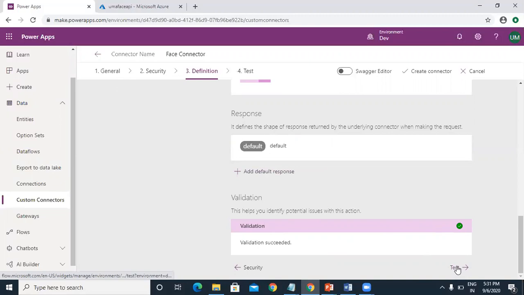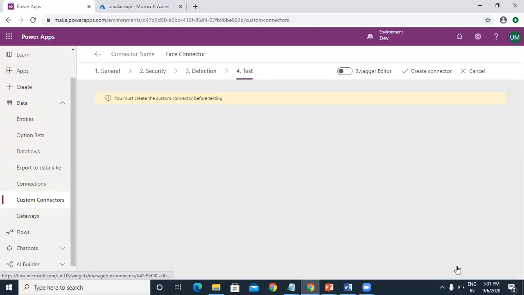So once you can go to the test here, and you can click on create a connector here. Before test, you need to create a connector.